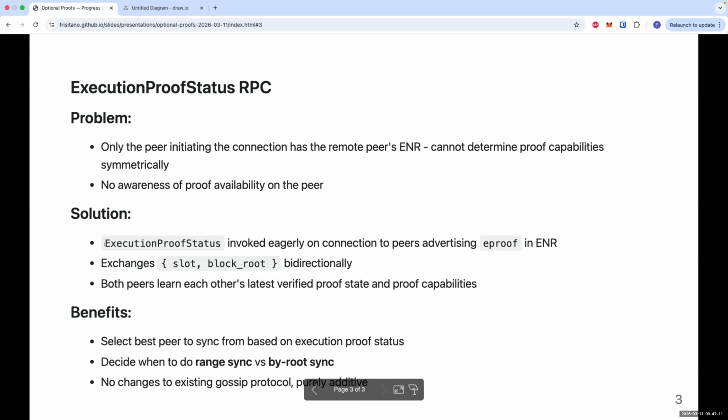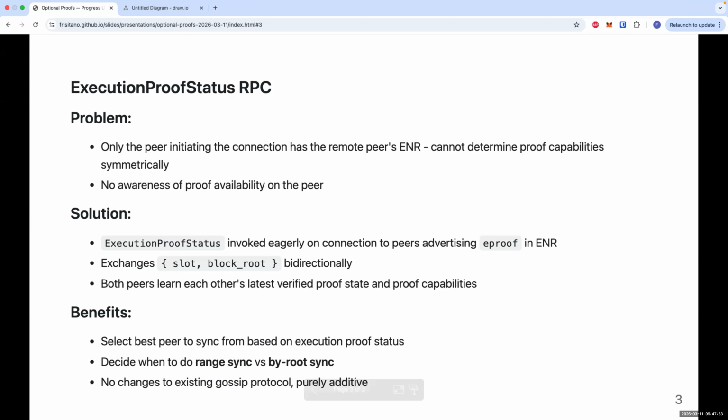So the high level idea is to introduce this execution proof status RPC, and this will be invoked eagerly on connection by the peer who is making the connection, if they see that the target peer is advertising execution proof support on their ENR.